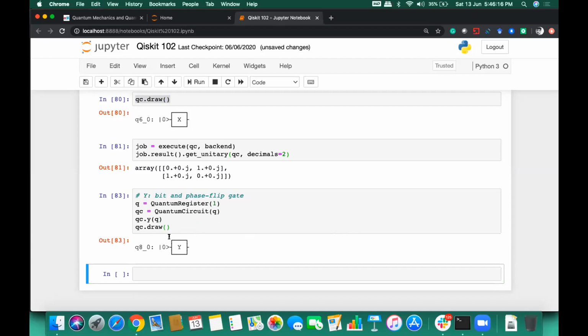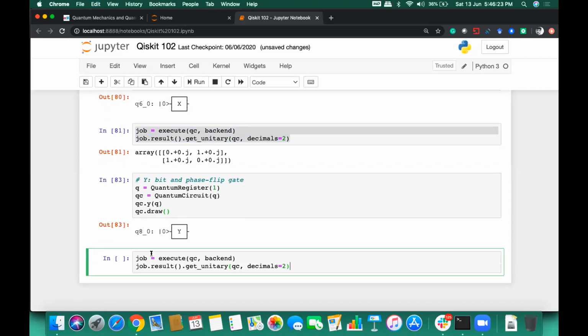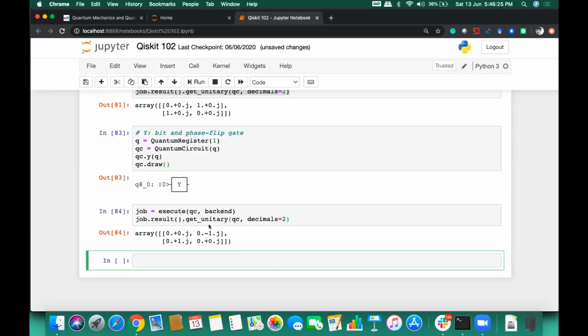So this is how your Y gate circuit will look. Similarly, for executing this, you can call this method again. You can see in the Y gate, the imaginary part in this matrix becomes negative.